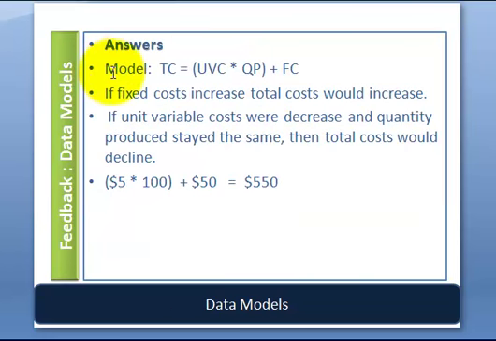Okay, here was our model. Certainly if fixed cost increased, in other words this number, because there's a plus sign here, if fixed cost goes up, our total costs are going to go up. If unit variable costs were decreased, if this number became lower, and this stayed flat, then obviously this number would be lower and our overall function would go down. So if we reduce our unit variable costs, our total costs would go down. And then the other is just plugging in the different numbers that they gave us into this function or equation, and we get